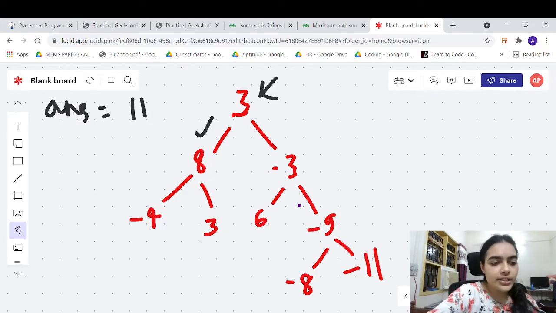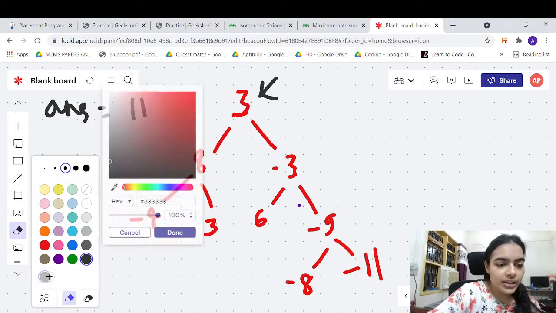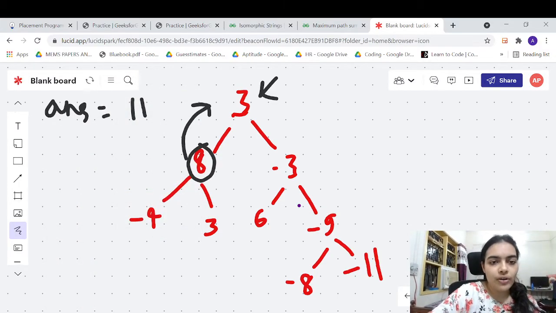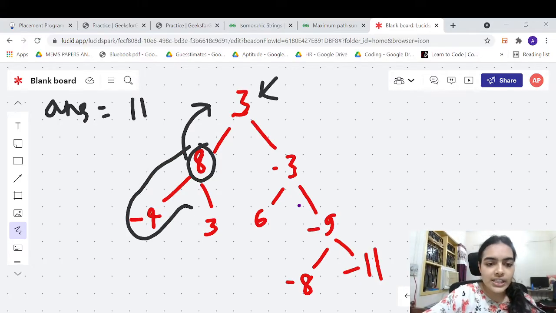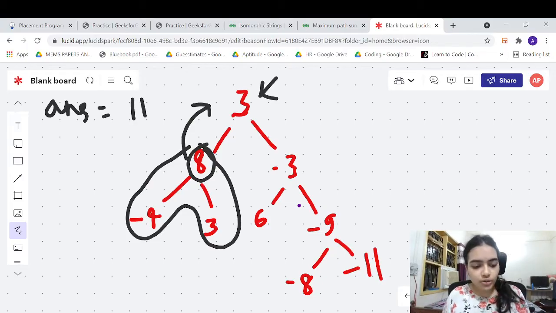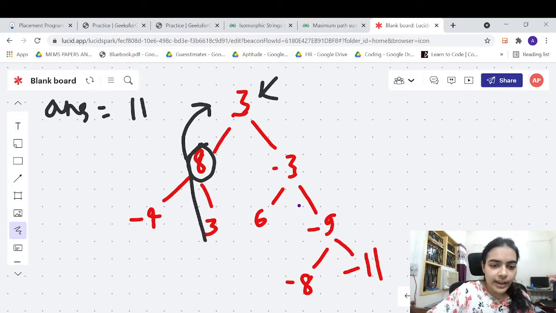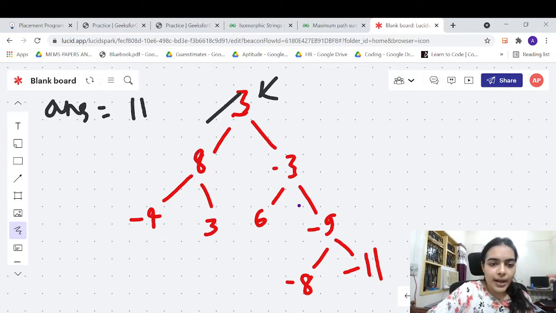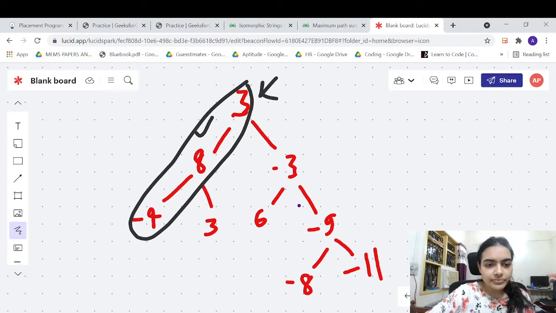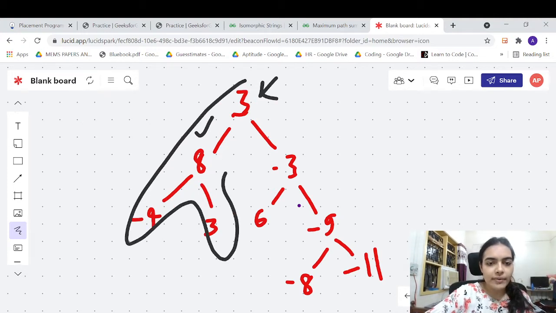Now let us go back. What will this node return to its parent call? This node cannot return the sum of all these three even if it wants to. It can only take either this path or this path. It can only choose one of the paths, because this is a valid path, or this is a valid path, but this path is not a valid path.